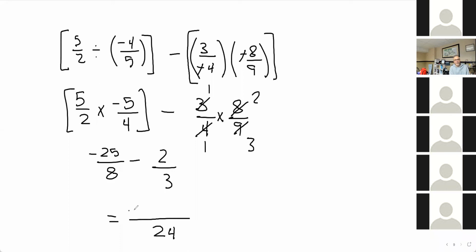3 times negative 25 is negative 75. And then we have the minus right here, and then 24 divided by 3 is 8. 8 times 2 is 16. Okay, so the same as multiplying this by 3 to make it 24, so you do the same thing to the top. Multiplying this by 8 to make it 24, you do the same thing to the top. So the same thing. Now, negative 75 minus 16,